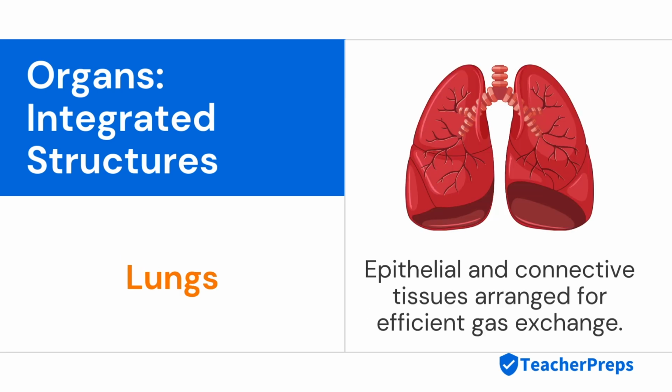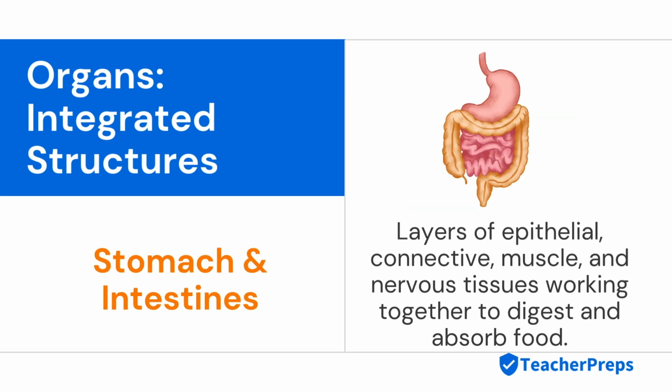We also have our lungs, which help us to take in oxygen and to breathe, and the stomach as well as our intestines, they work together to digest the food that we're eating and absorb it